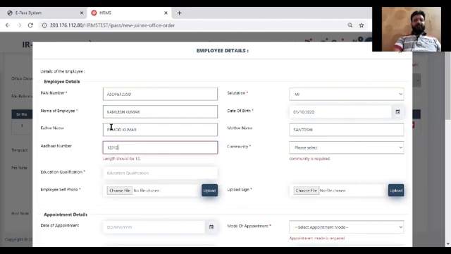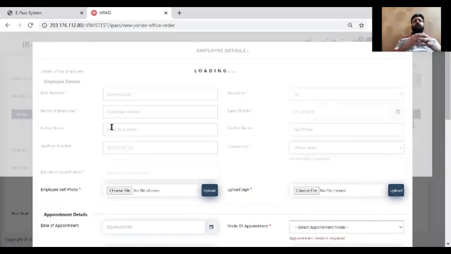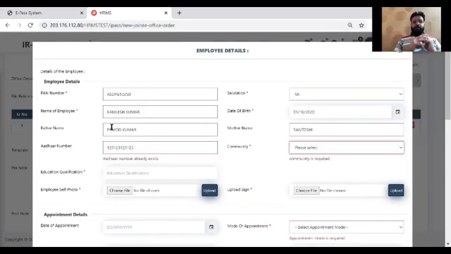Exactly in the same way the PAN number was validated, the Aadhaar number will also be validated in the system. So if this Aadhaar number already exists in the system, it will not allow you. So let's try with some Aadhaar number other than this. Now it's okay. Let's move ahead with other information.